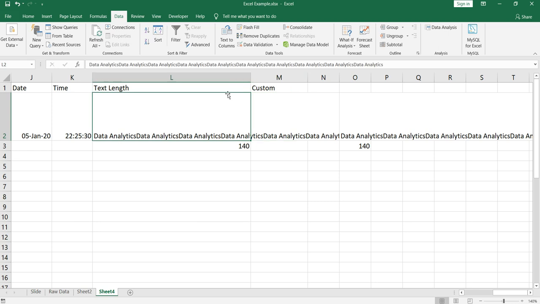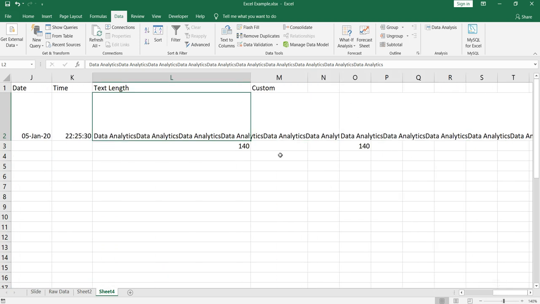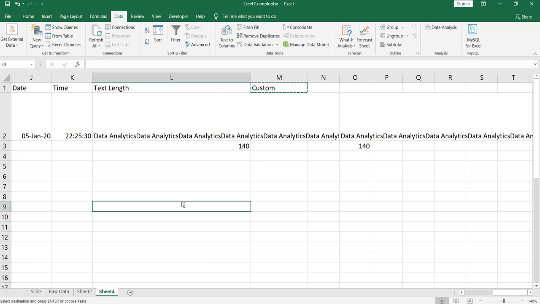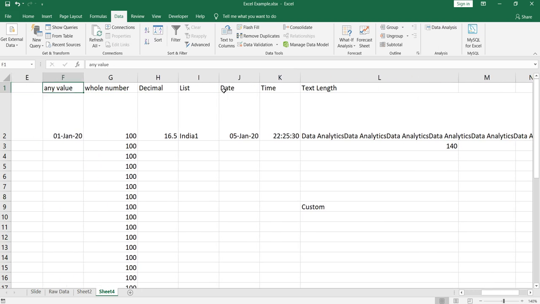So let me take this custom example somewhere else where I can show you properly. I'll take this custom example and show it to you here. Now there is an option for you to use your custom data validation in a cell. When I say custom validation, you can use your own formulas to create rules within data validation. Whatever we have used till now, text length, time, date, list, decimal, whole number, and any value, is predefined in Excel.